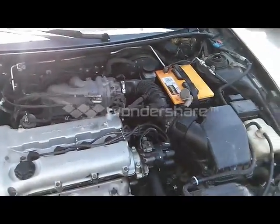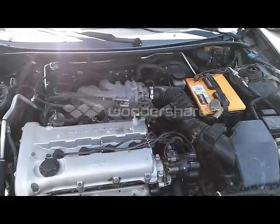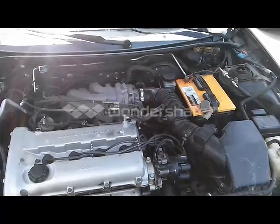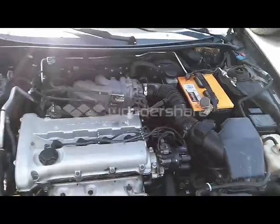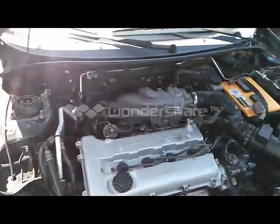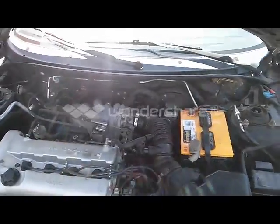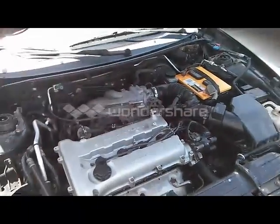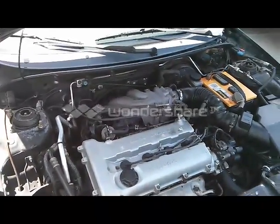So I'm hoping the guy, even though he lied to me about nothing wrong with it, he did say it doesn't overheat, and he said it had a small oil leak, which is true. It didn't overheat, but I'm wondering if what he meant by that is, oh, the engine didn't overheat, so it doesn't have a cracked block or warped head. So I'm about to take it apart, do my own head gasket replacement. I ordered everything online,